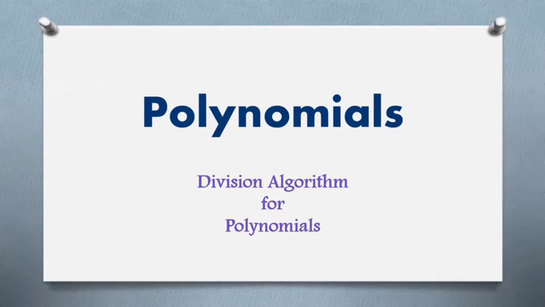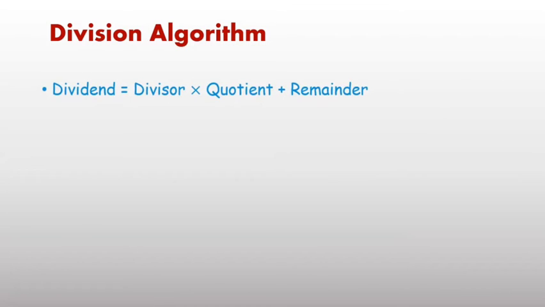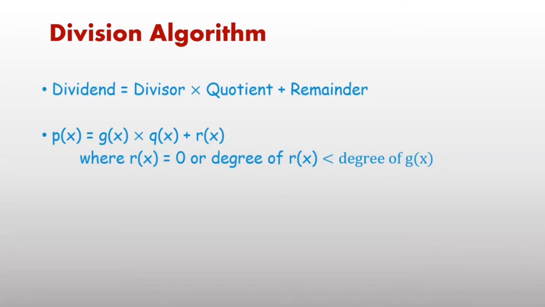Now, last topic of this chapter: division algorithm for polynomials. Already in classes 6, 7, 8 and 9 you have covered that when you divide any number by a second number, you have the dividend, divisor, quotient and remainder. Also in class 9th, when any polynomial p(x) is given, if you divide by g(x), the process is to find q(x), the quotient, plus remainder,